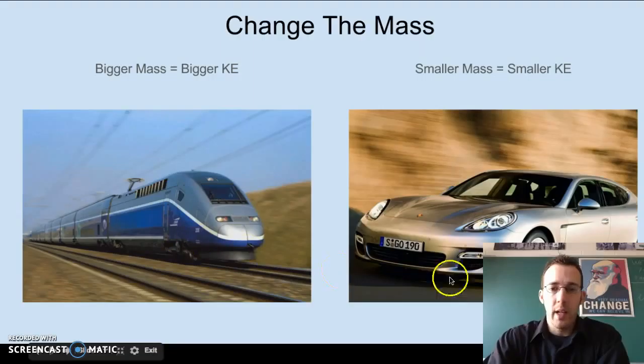If I have a train and I have a car, and let's assume they're both moving at the exact same speed, the train has a much larger mass than the car. So the m is going to be much larger in the equation 1/2 mv squared, and that's why you're going to have a much larger kinetic energy with the train. If you want a smaller kinetic energy, you would want a smaller mass, because a smaller mass is a smaller